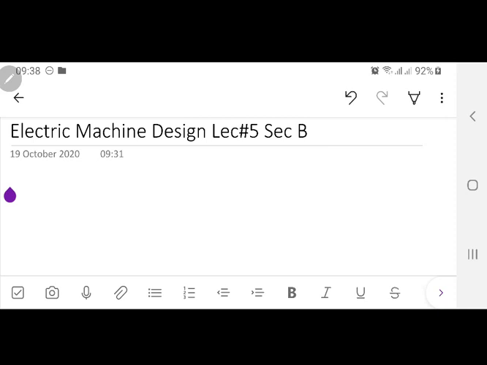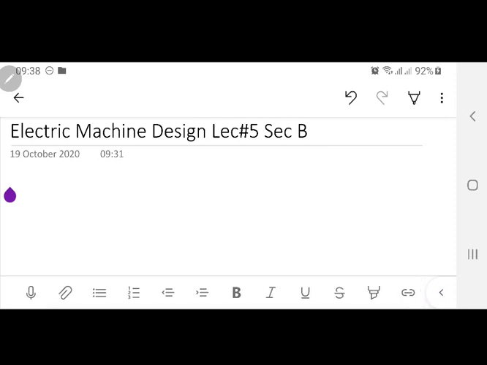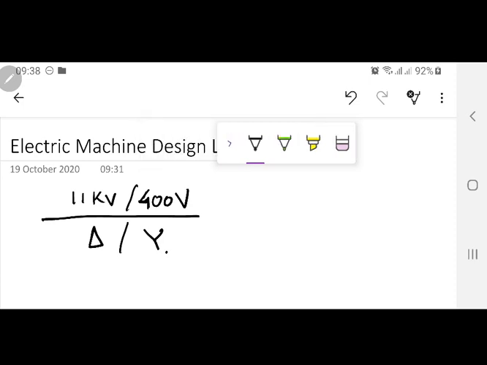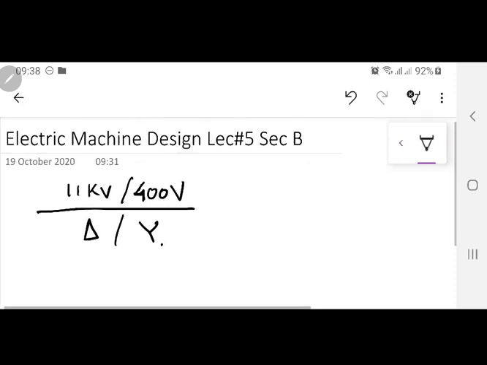Now 100 kVA transformer design is something which is a distribution type transformer, and a distribution type transformer, as we all know, is actually made standard based on 11 kV slash 400 volts. And certainly we already know that this is delta and the other one is star connected or Y connected. Now in this book, I don't know how many of you have this book. I will share the tables as I have scanned these tables. I will just load them in this app also.